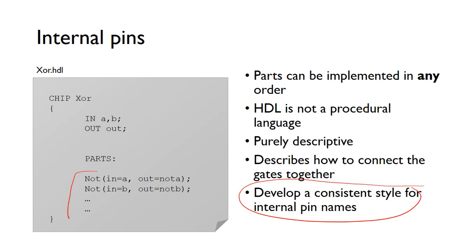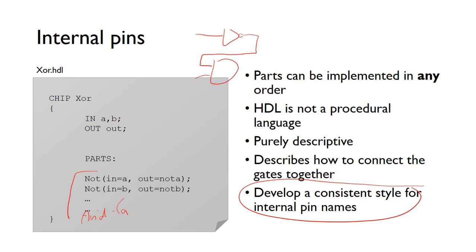Later on, in some other parts, we might want to connect the output of this NOT gate into the input of another gate. So for example, if we've got that NOT gate, we might want to put that into an AND gate or something. So later on we would have AND,